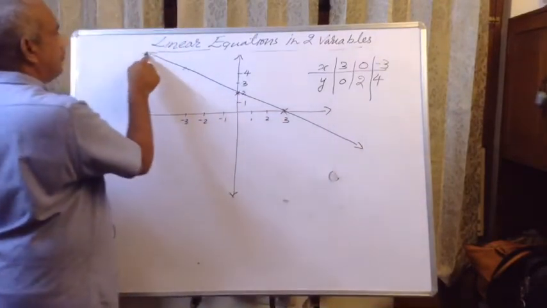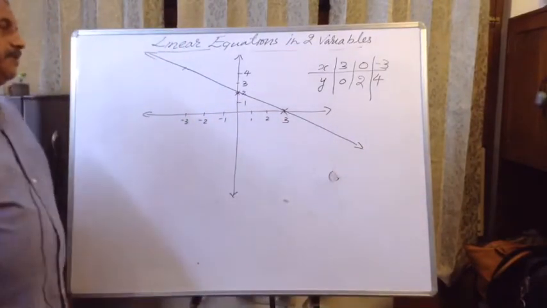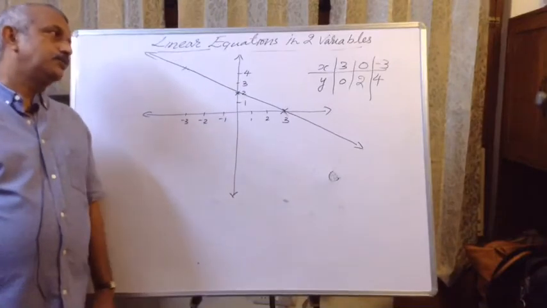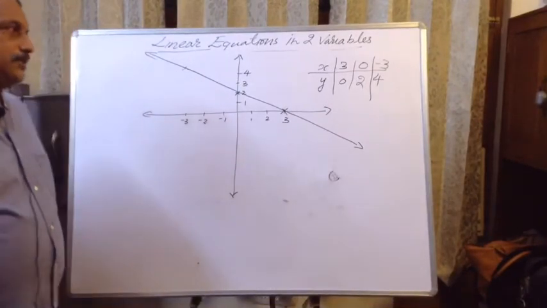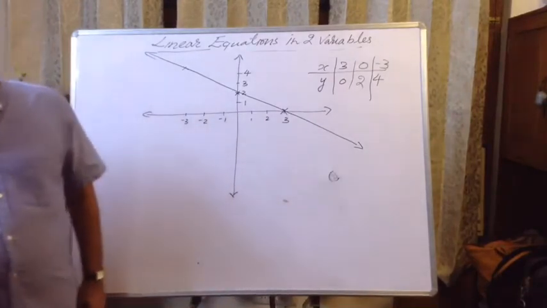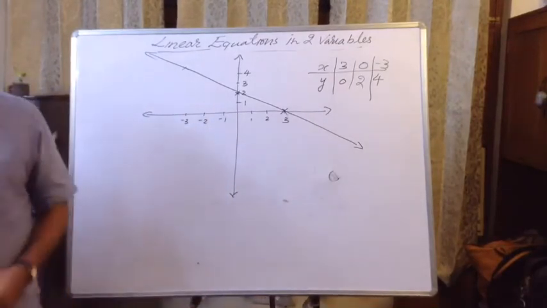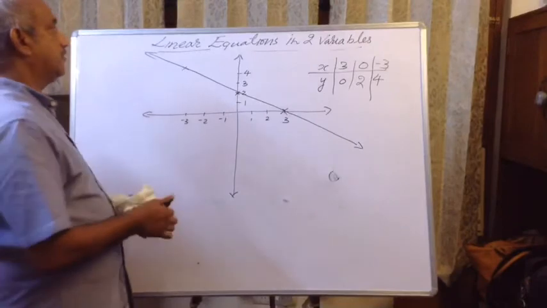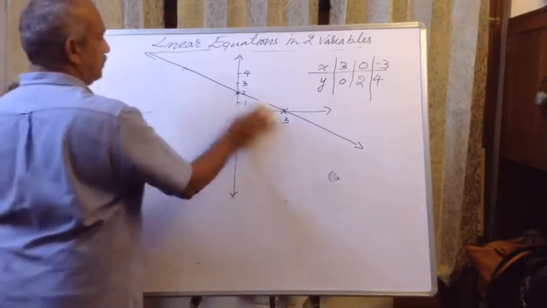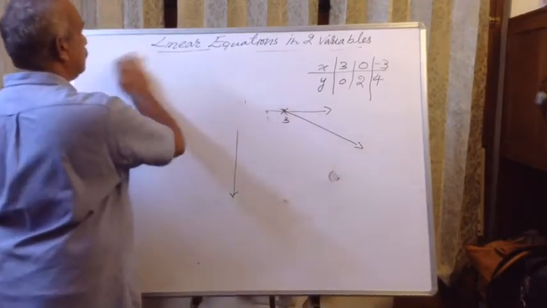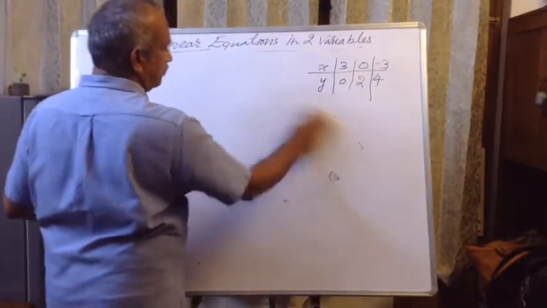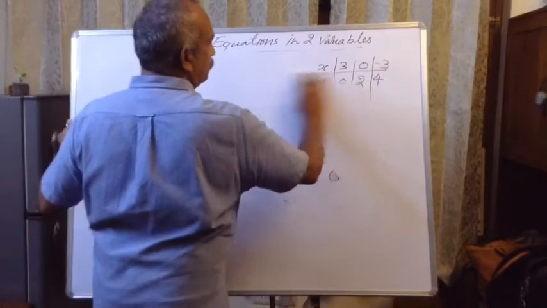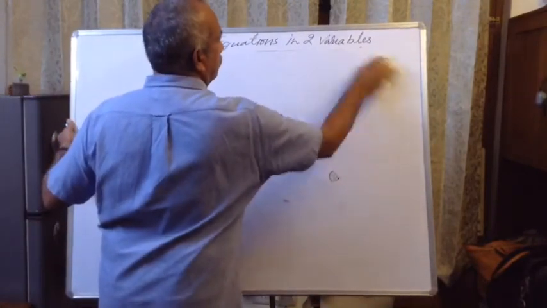See, the graph is always a straight line. In every case, you find two solutions and join, you will get a straight line. So your graph is correct. If it is a straight line, your graph is correct. Otherwise, you have to recheck. Now this is about graph. There are simple questions given in the book. You will try those questions. Then I am going to do two more simple questions.